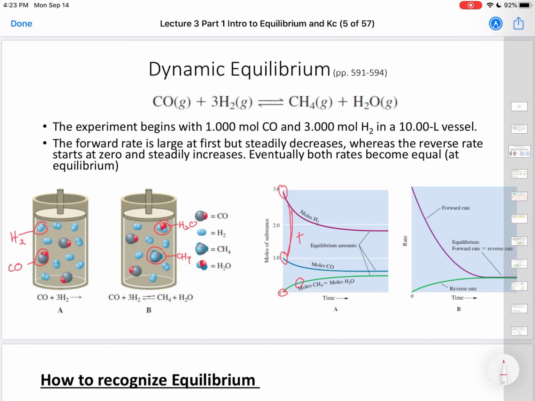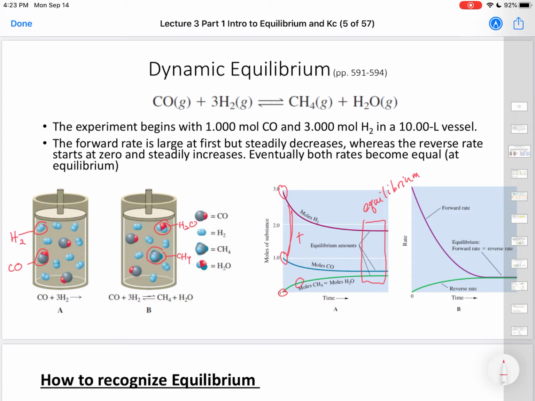And so as time goes by, more and more of the H2 is used up, and more of the CO is used up, and more of the product is getting formed. Notice though, once you let it go for a certain amount of time, the amounts of all of these gases kind of level out or plateau, meaning that the amount of the moles of these products and reactants start to remain the same. This is the situation of equilibrium,